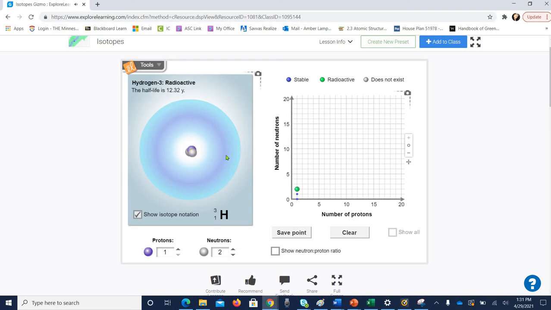And that one was green, and it says radioactive up here. So tritium is radioactive. And you'll notice it now gives you this half-life number. And that's something you're going to want to pay attention to. Now if I keep adding, you'll notice that one's green. Each time you add a neutron, I would click Save Point. And then now I got my does not exist dot, and that's the one that I wanted. So when we're looking at this graph, we have 2 stable isotopes of hydrogen, and the rest are radioactive or